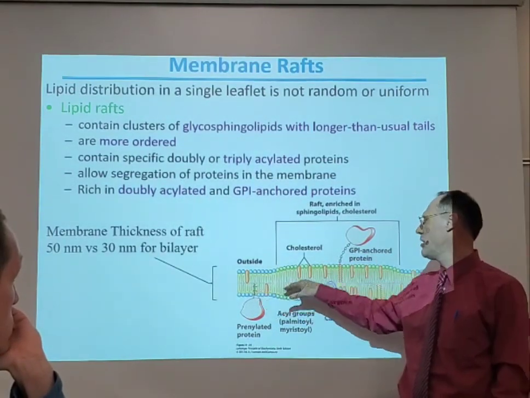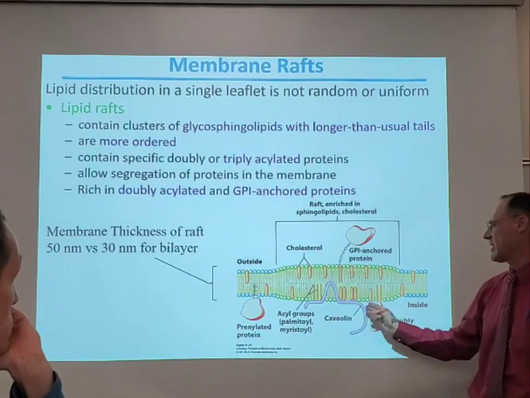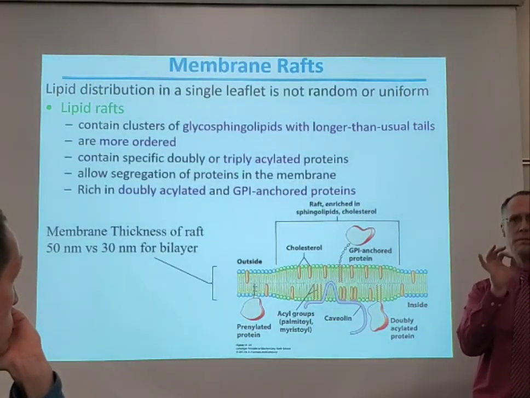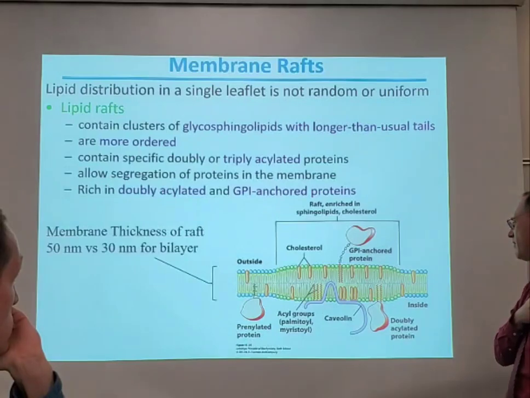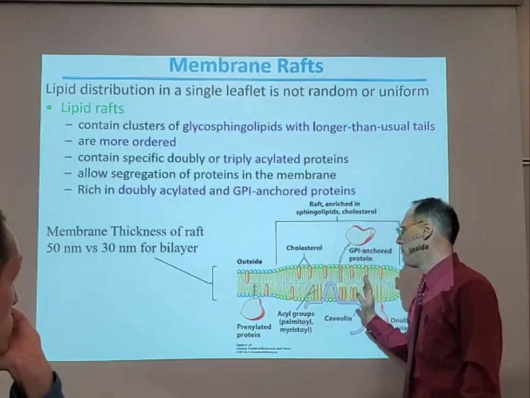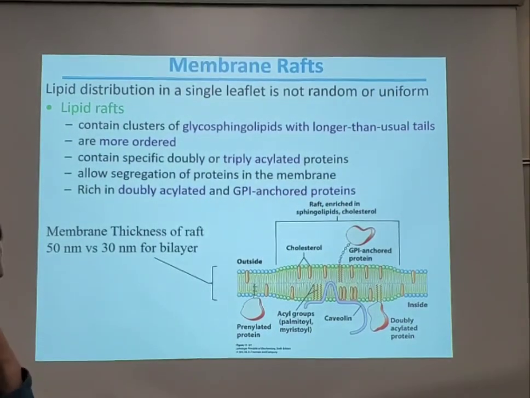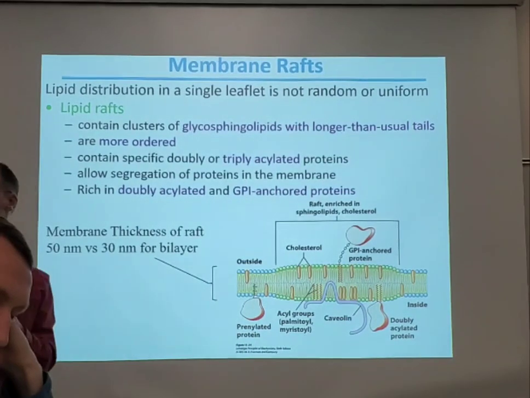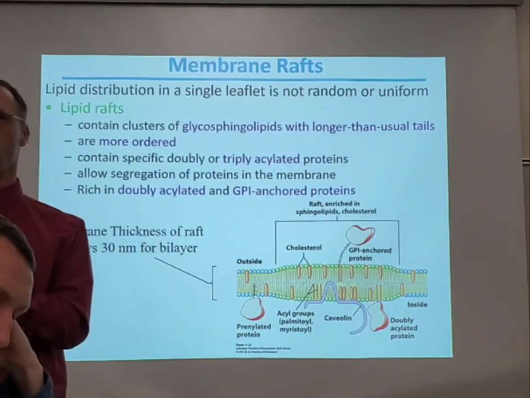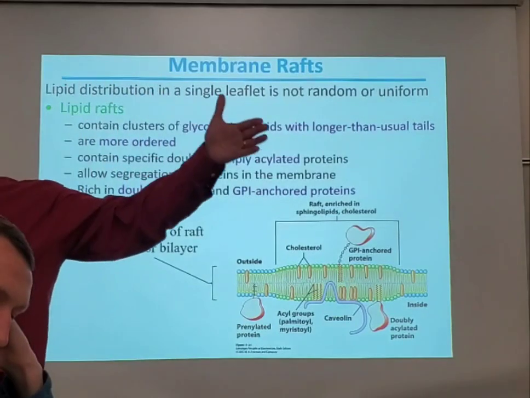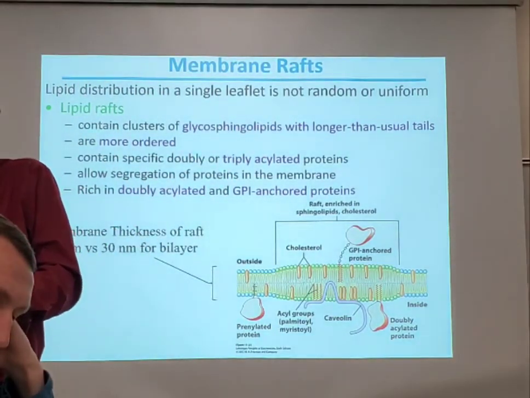We say the word and sometimes we forget we know that. We've got prenylation, we've got things like this caveolin that I'm going to show you in just a minute when we talk about membrane fusion, okay? But these are all part of our lipid rafts. Notice they're thicker, about 50 versus the 30 nanometers in distance. We often put scaffolding proteins on the lipid rafts. We often put proteins inside of the lipid rafts also, putting them all together.